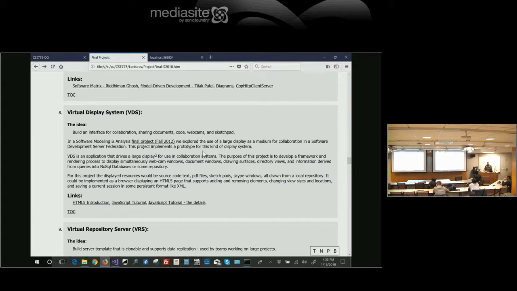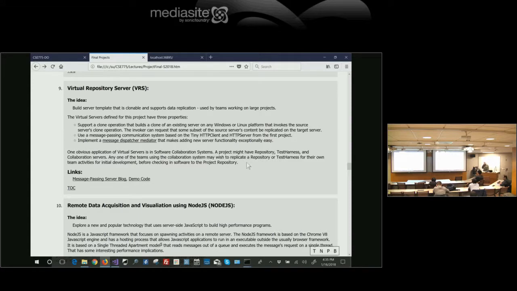Virtual repository server. The model here is that I have, in some sort of federation, a bunch of servers, maybe a test harness or a repository or whatever, that are serving my project, and I'm a team lead, and I want one of those on my desk for my team. I want my team to share a repository and a test harness. So for the project, the rules about what can go in the repository and what can be run on the test harness are fairly rigid.